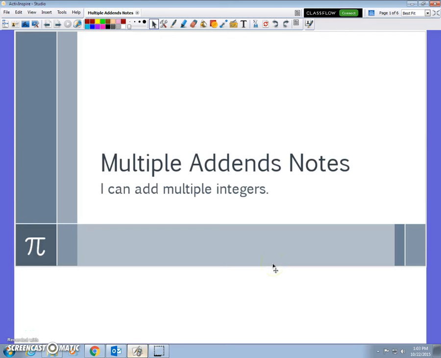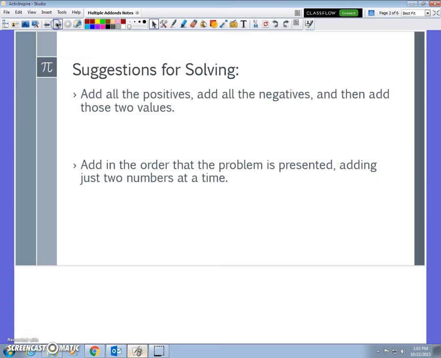Alright, this is Mr. Gillum, and today we are going to add multiple addends together. And basically addend is just a fancy word for the parts that we're adding together. So we're going to have multiple integers that we're adding together today. And there are a couple different ways that I suggest that you solve, or you find the sum of these